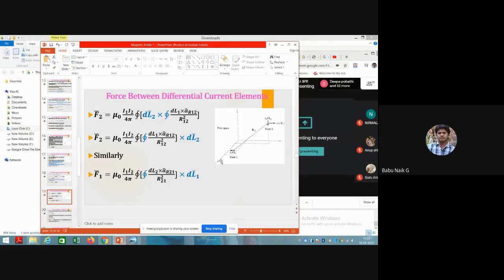Now it is in the opposite direction, the vector towards point 1, so we can write it as R21 cap, over R21 squared, the distance between points P1 and P2, cross dl1. So this is how we can calculate the force at point